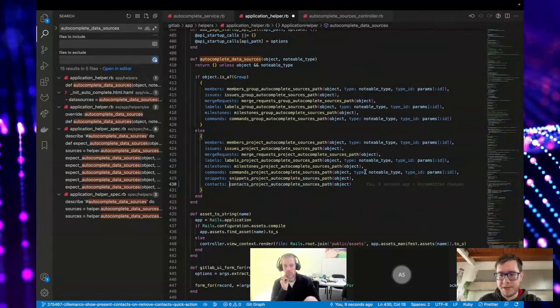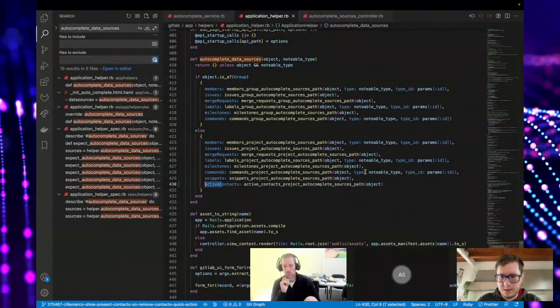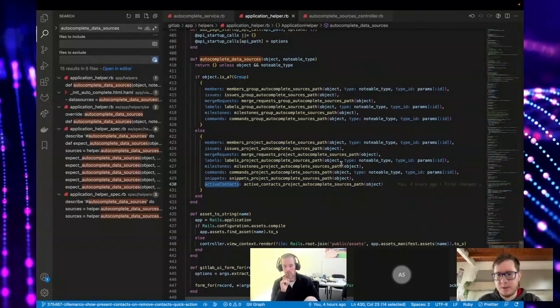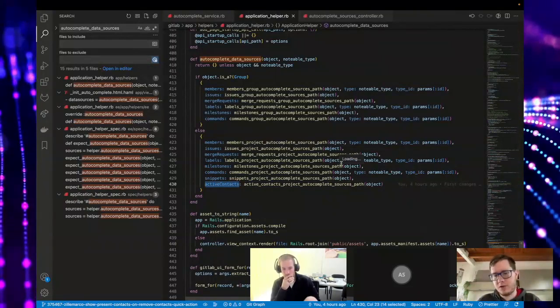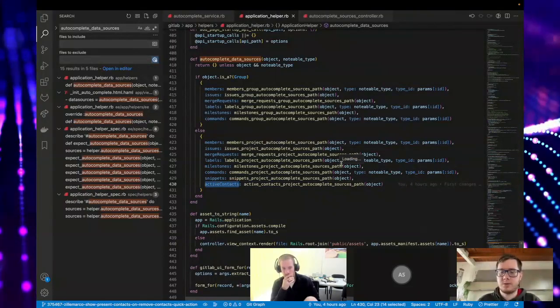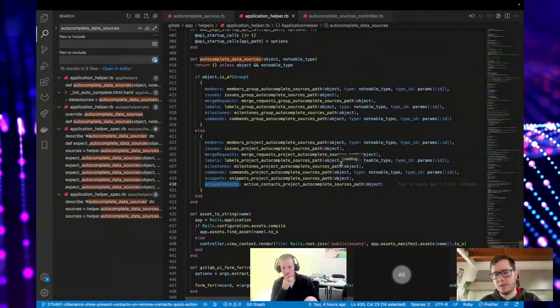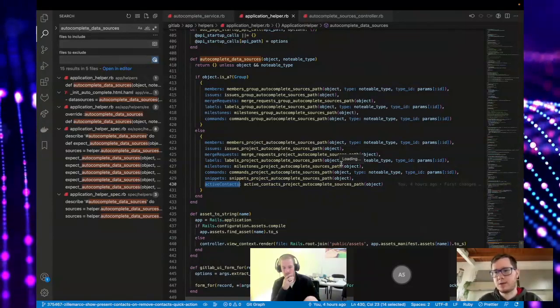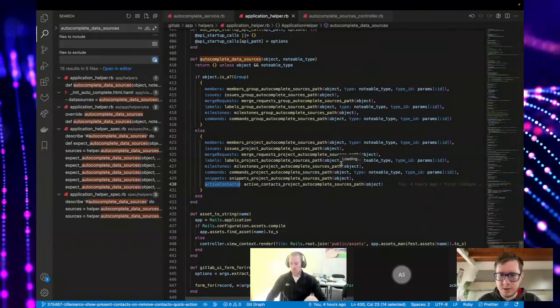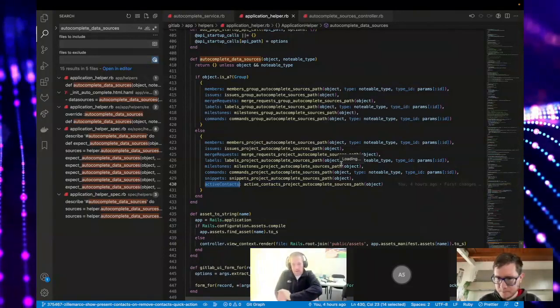Yep. And what I did was this. I renamed this because we want to change contacts to active contacts, so we can use that to know the contacts we can use for the add contacts action. What do you think about